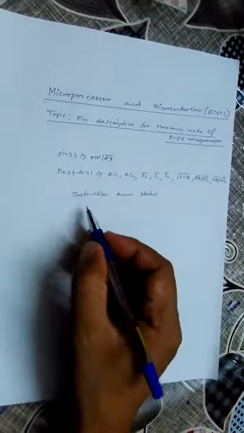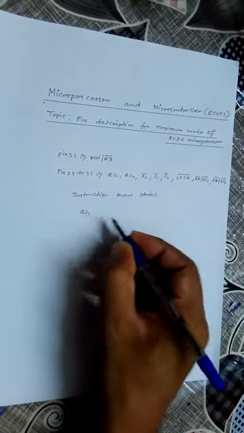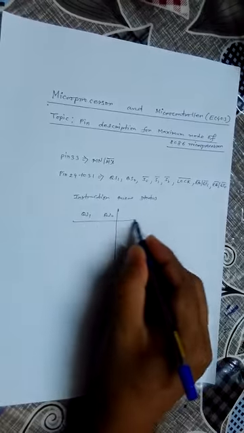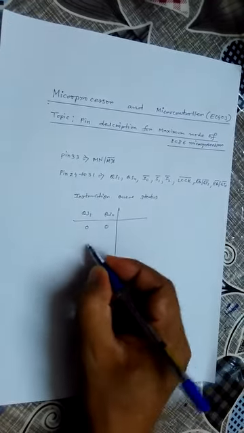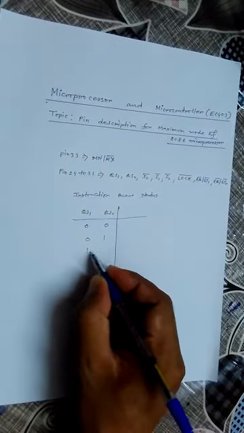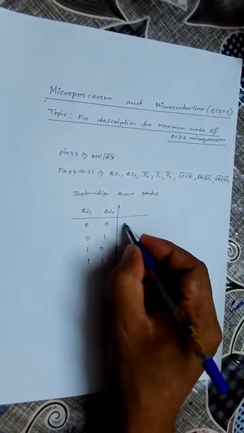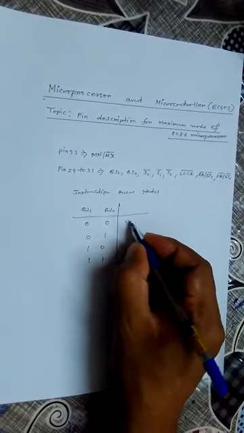There are 0-0, 0-1, 1-0 as well as 1-1 combinations. 0-0 shows no operation,